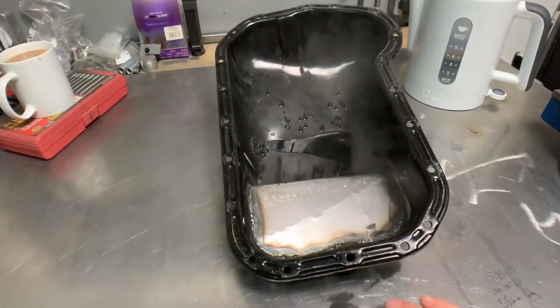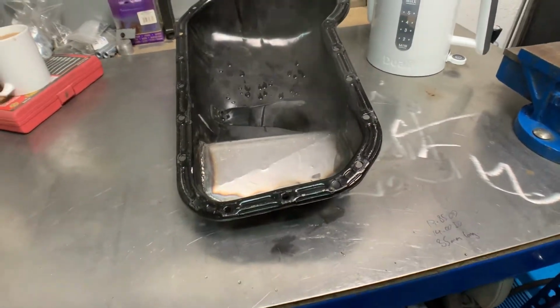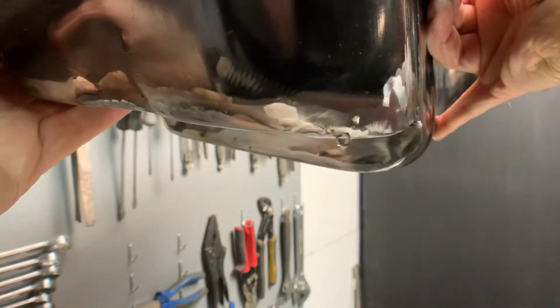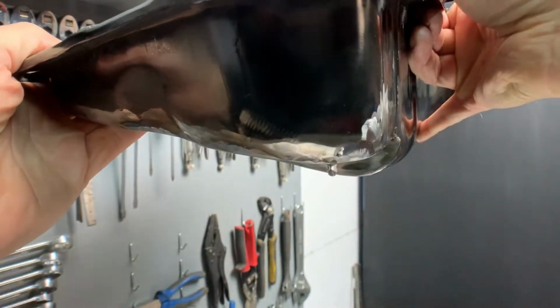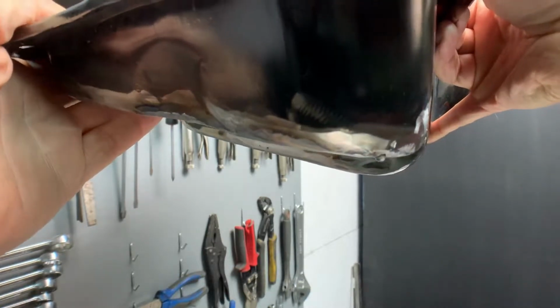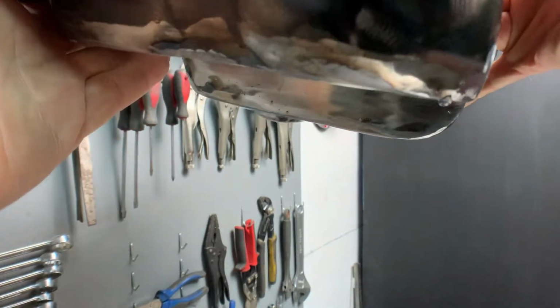I was a bit worried about that, but I think that's just a shiny spot. So have a look. Well, annoyingly my test has worked, in that it's identified a hole. Looks like it's just the one,